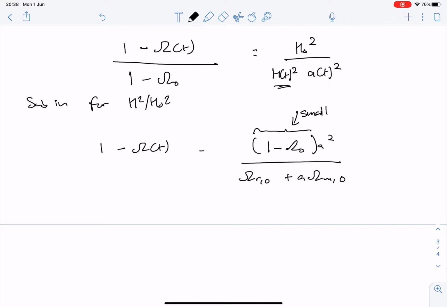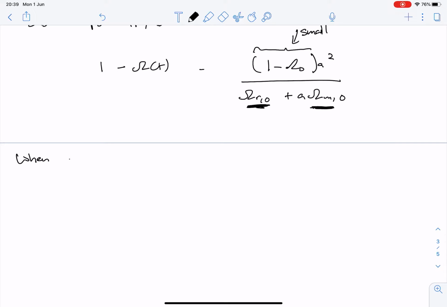But then these numbers here, this is very small. Right, omega r0 is very small, and omega m0 is 0.27 or something like that. So this looks like it's going to scale. 1 minus omega is roughly going to scale as a in the matter-dominated era, and it's going to scale as a squared in the radiation-dominated era. So if we look at the point when a is 10 to the minus 4, i.e. around the time of the CMB, it's a bit earlier than the CMB, then 1 minus omega is now about 10 to the minus 6.